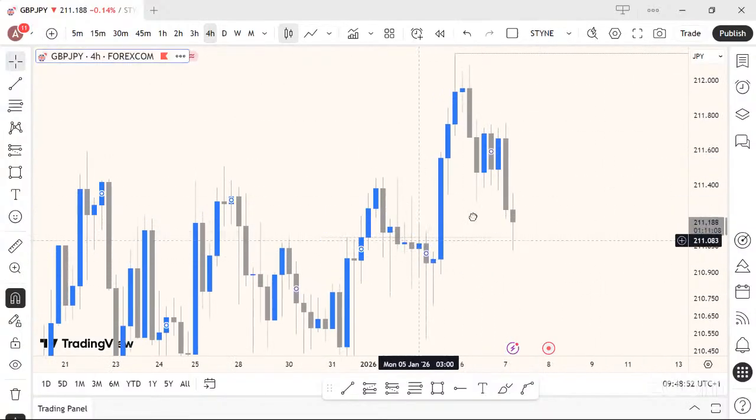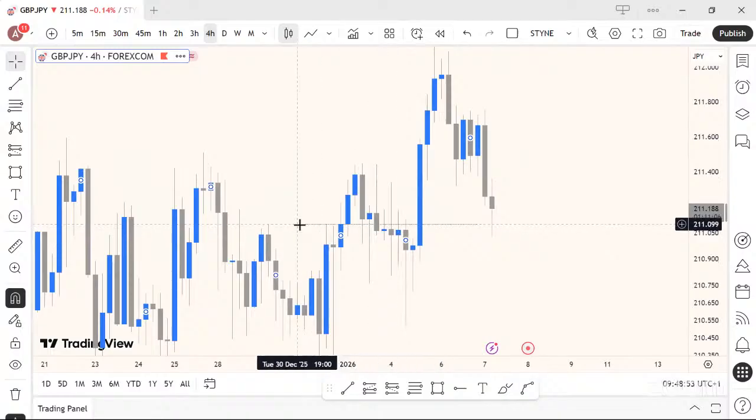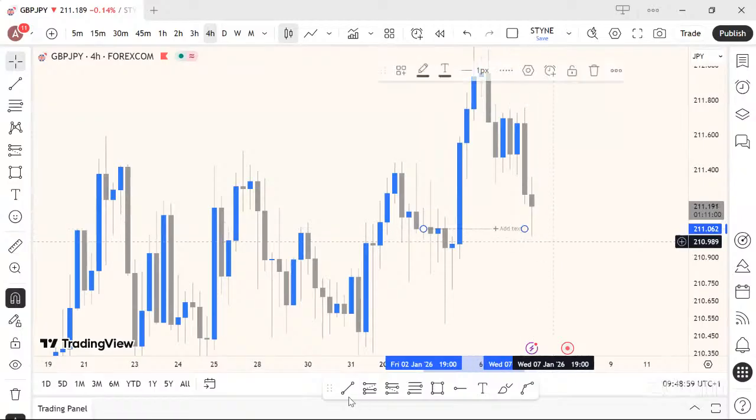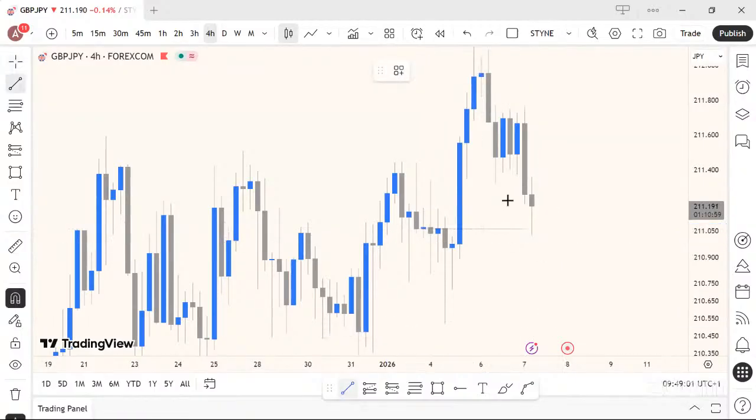So I can refine my line to this area. I like how price was playing around here. The same thing, I was looking at the same thing around this area. Price did well here, and then here. So I was trying to buy from here, but that one did not work out. But it's fine because all of this is still a fair value gap. So it's possible that price just wants to go for the lower price before it buys.